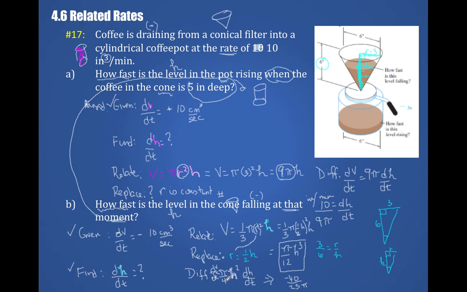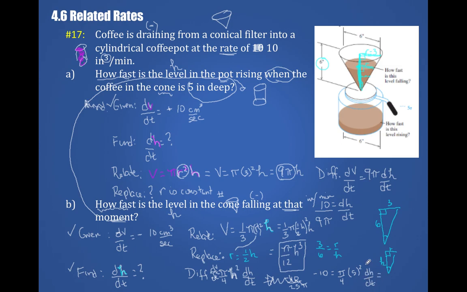So I have that 4. Maybe I should just show this more, huh? I think I confused you, I'm sorry. So I have negative 10 is equal to pi over 4, 5 squared, dH/dt. So dH/dt,